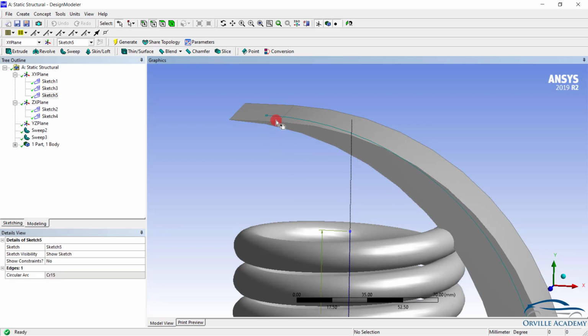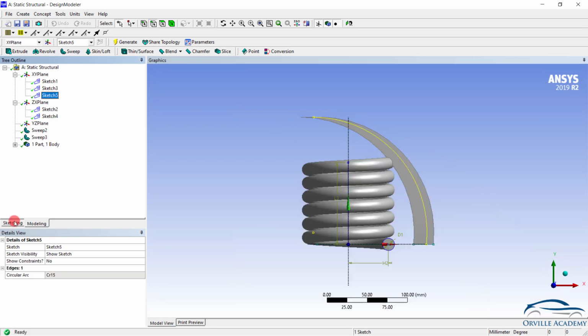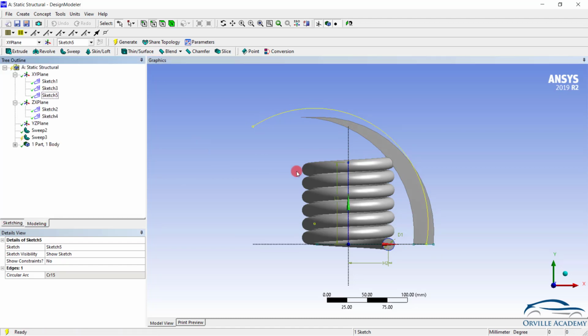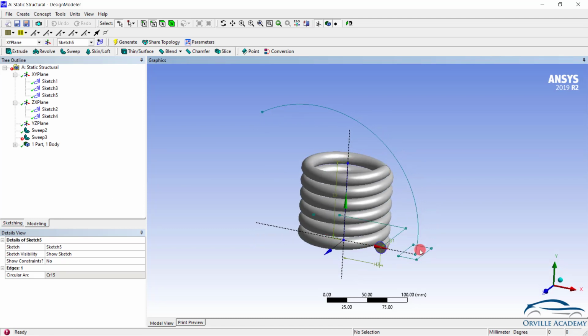Not only that, let me just modify my path a little bit. So I can go for sketch, say look at, then I can go for modify, and here I can use the drag command. Now again let us go for modeling and try to generate it. You can see the generate is failing. This is failing because it will not be possible for the profile to be parallel and at the same time follow this path. That's why self-intersecting profiles are getting generated.